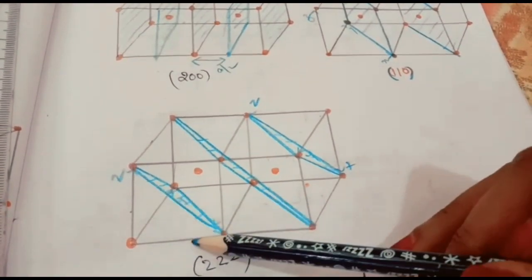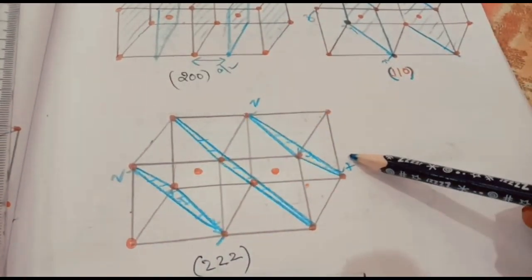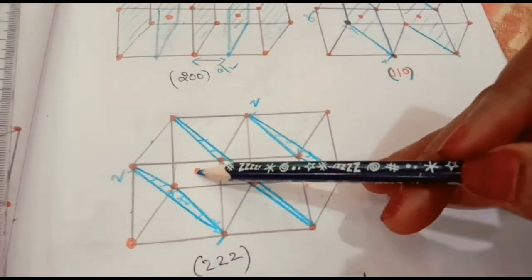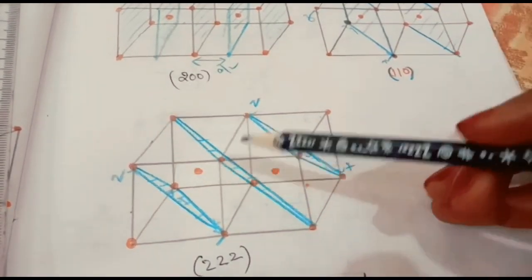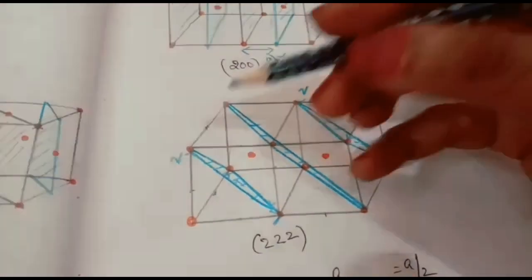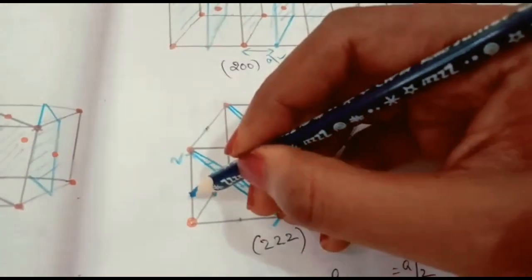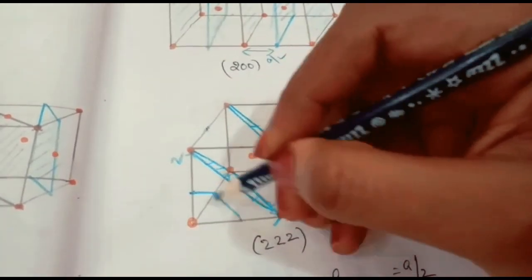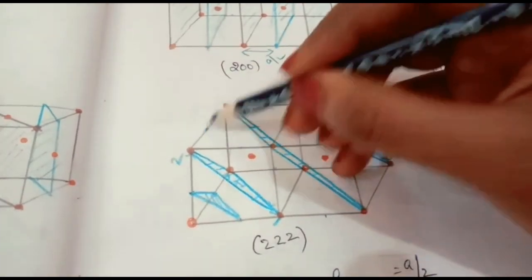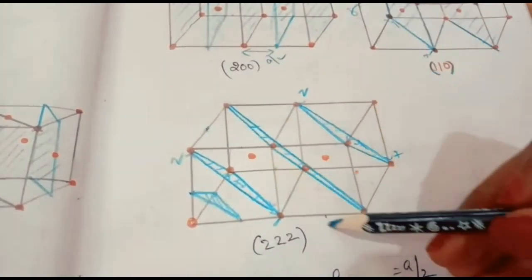So here also one plane should come. Here also another plane. Here another plane. Here another plane. So between all these planes we have to put another plane. Then only this central atom will be included. So we will draw that one. So we can draw here. These are the points. Half of this one we will take the points. Then we will draw like this. Here. Then from here, because it is going like this, so half of this one will pass through here.